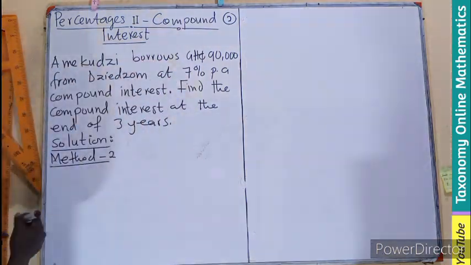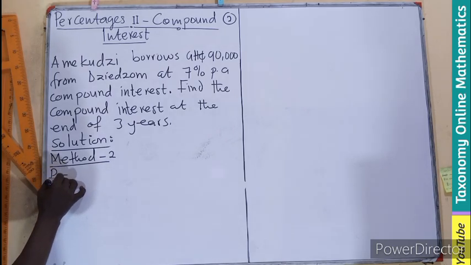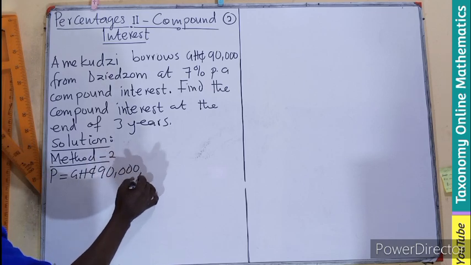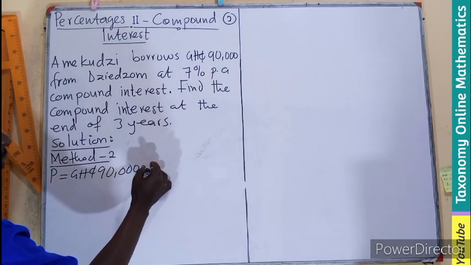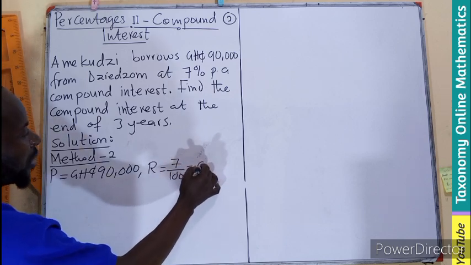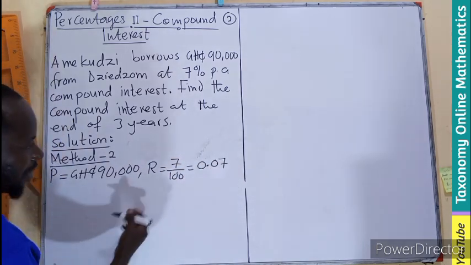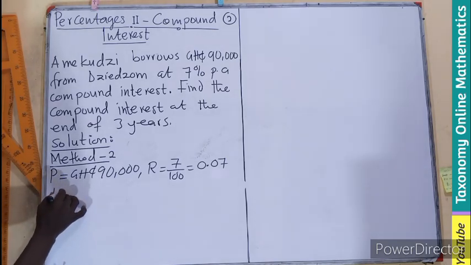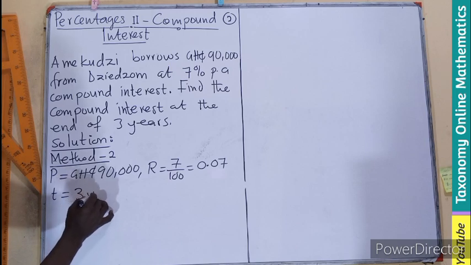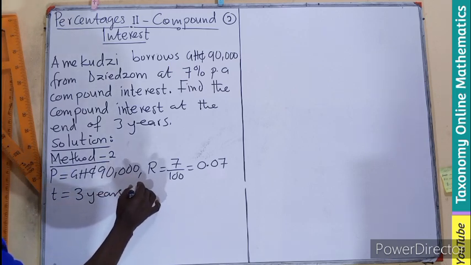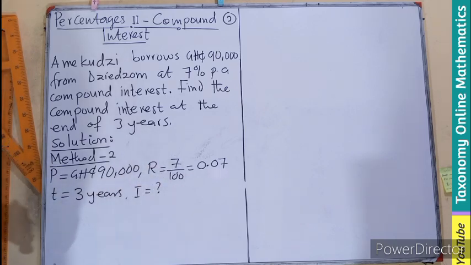Okay, so for method 2, we are still going to have the principal as 90,000. We have our rate, in this case 7 out of 100 becomes 0.07. For the second method, we prefer decimal. What is next? We also have the time, which is in years, so 3 years. What again do we need? We are looking for interest, which is not known. So we are going to substitute